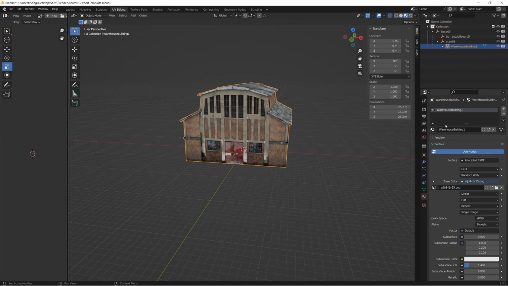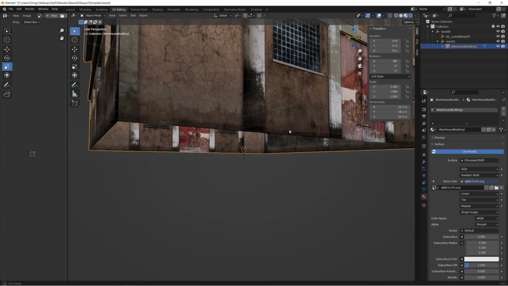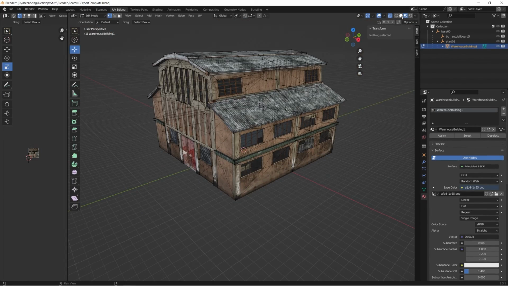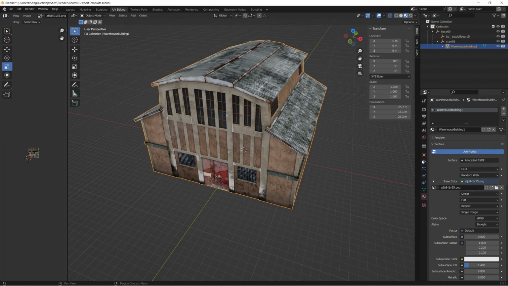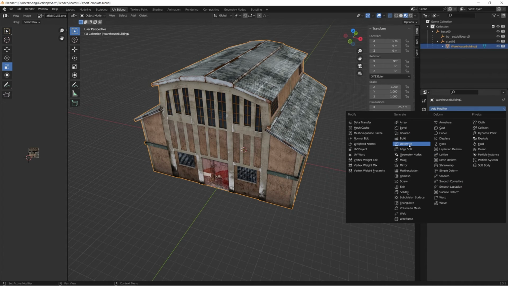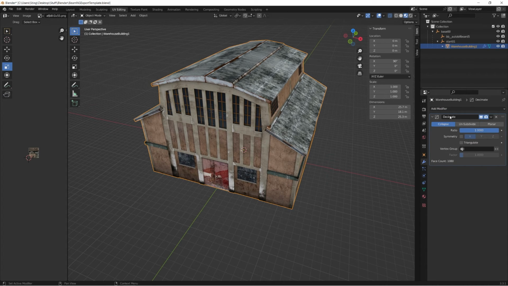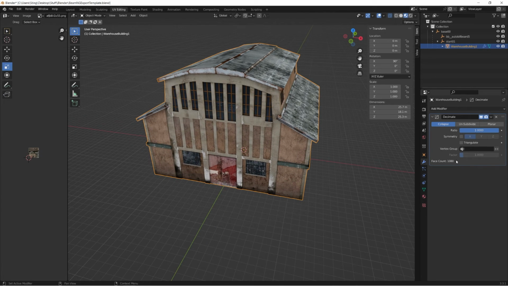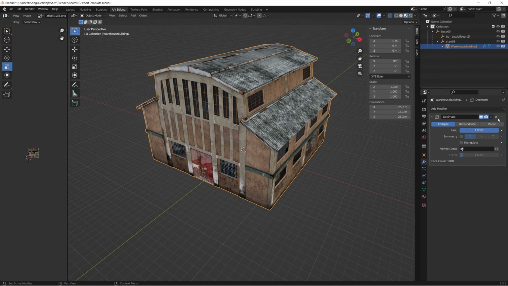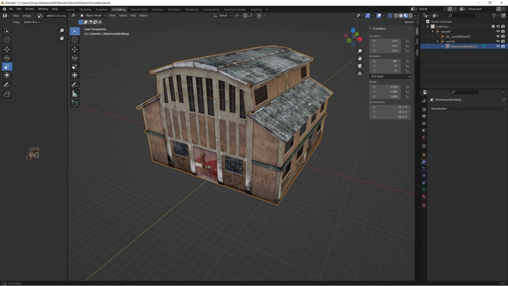So if we go to the warehouse building, we can just make sure it's all good. I believe it is. And you can make sure it's obviously optimized. This one actually seems very well optimized. I don't even know what the vertices are. Let me go add a modifier and check the vertices. So if you just go to add modifier and then go to decimate, it can actually show you how many faces you have. I think there's other ways to do that, but that's the best way I find. All right, this one has about 1,000, which is actually very small,